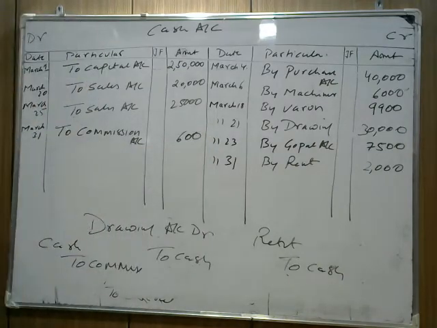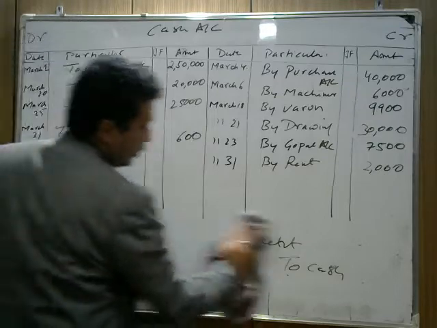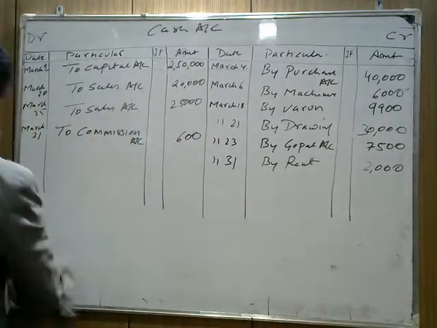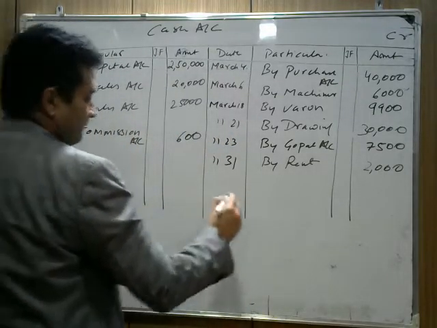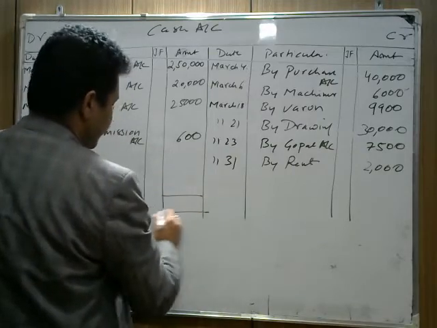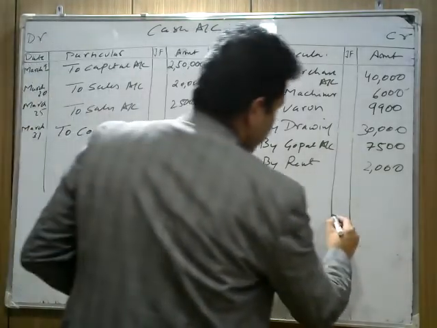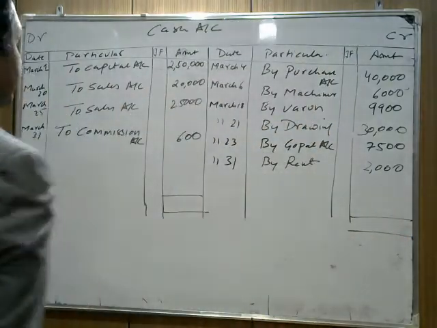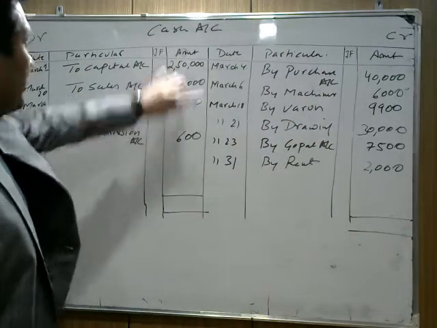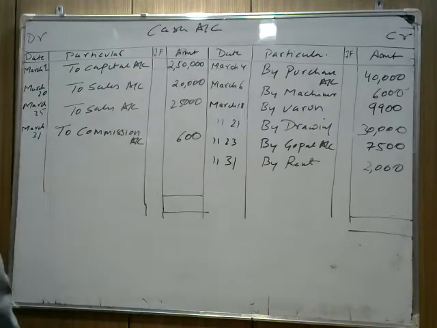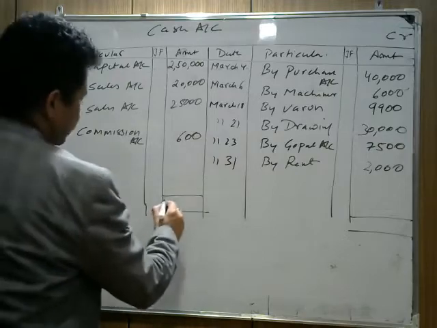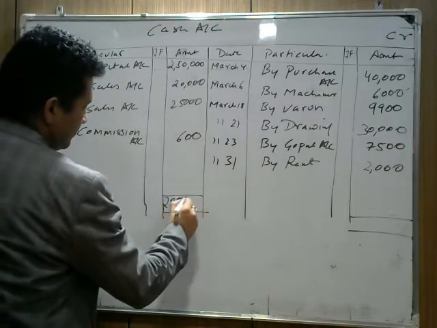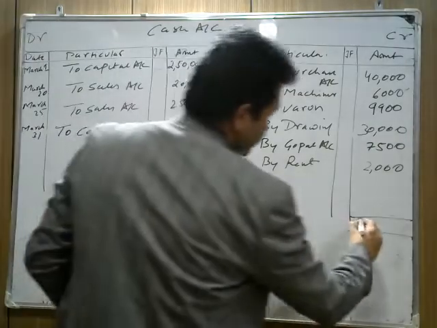Okay, now this we prepare. I hope we have done all the transactions which are related to cash. हमने सारी transactions कर ली. Now we do a total. Which side is greater? First we need to find out. If you check, the total of the debit side is greater, because 2,50,000 plus 20,000 is 270,000, and the total is 295,600. We write 295,600 here also.